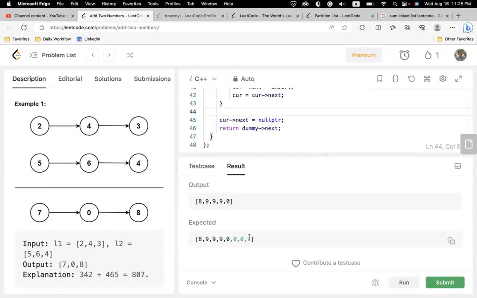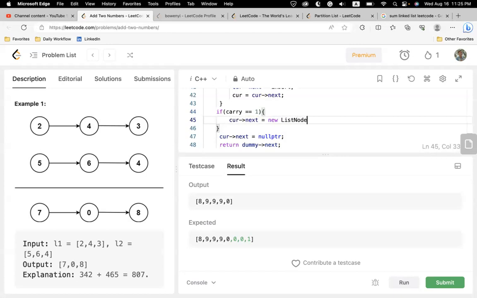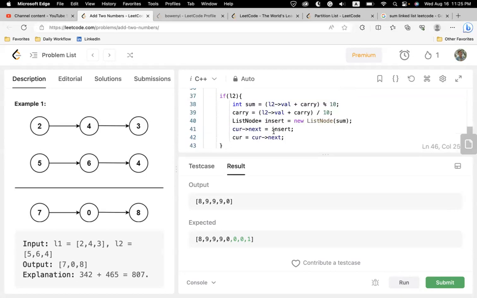It's not directly associated with this one. What if carry is not 0 in the end, right? What if carry is 1? So if carry is 1 after all this, then cur next is a new node with 1, right? And cur is